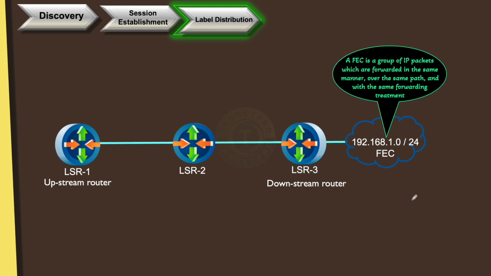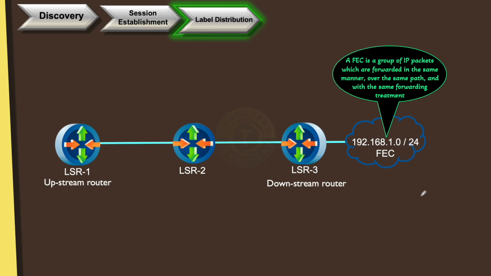FEC is nothing but a group of IP packets which are forwarded in the same manner, right? They are treated the same way over the same path, and with the same forwarding treatment. Only then is it considered as a FEC, Forwarding Equivalence Class. In BGP we call this NLRI, remember. Over here we call it FEC, right? But FEC is only considered when the packets are treated as the same, or the forwarding treatment